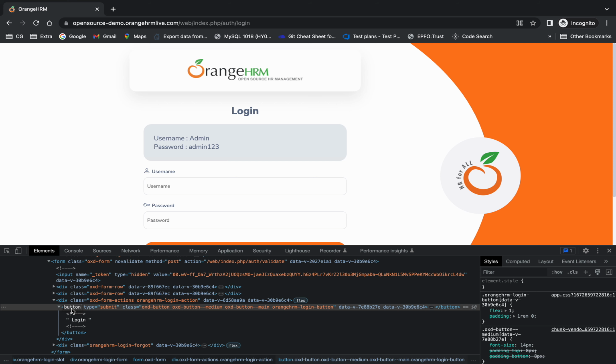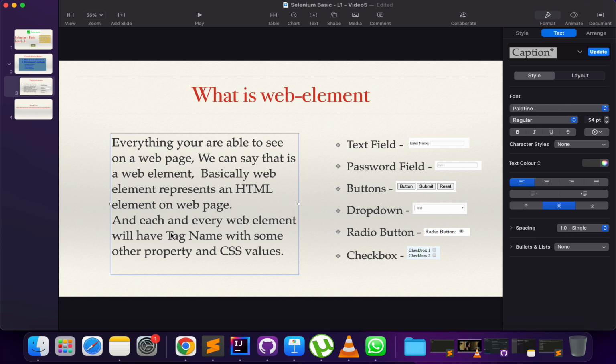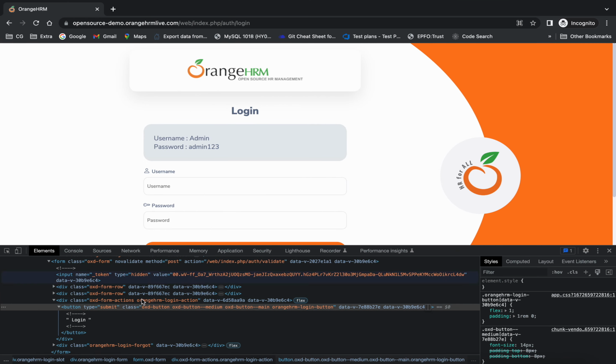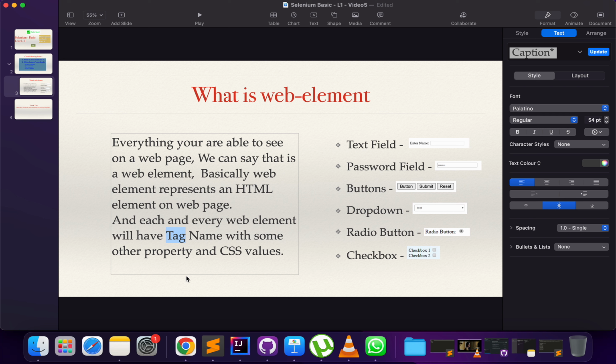As I already said, every web element has one tag. For this button the tag name is button, and the others are other properties like type equal to submit, class equal to this. Now let's see the practical